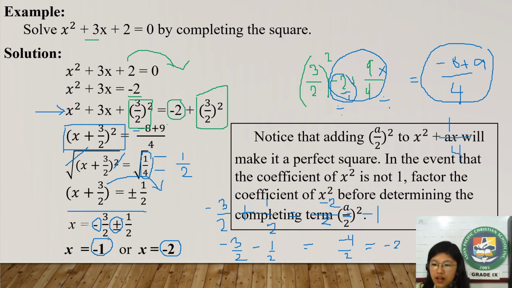And, notice that adding a or a over 2 squared to x squared plus ax will make it a perfect square. In the event that the coefficient of x squared is not 1, factor the coefficient of x squared before determining the completing term or a over 2 squared. Ayan. Next,